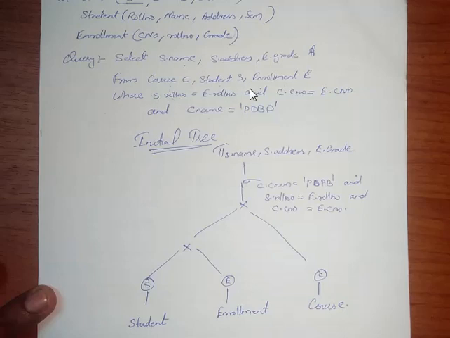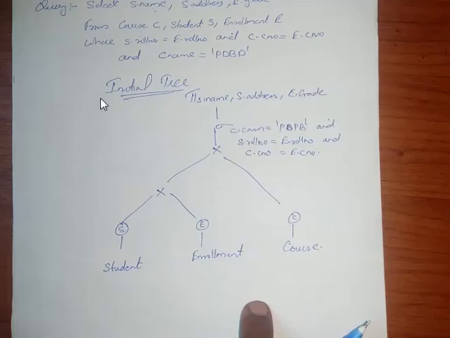So firstly the from condition, next you have to write the where condition, and then next you have to write the projection condition. So we always start to execute from the bottom to the top. So here we are getting the result. You will get S name, S address and E grade, and this is the initial query tree or canonical tree. From this tree we are going to start how to do this heuristic optimization.